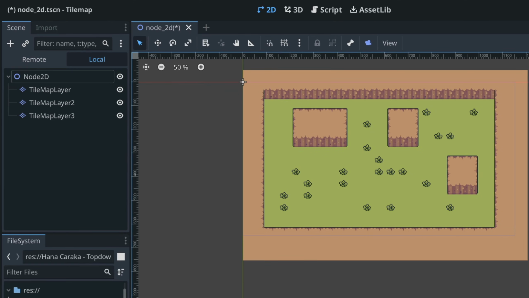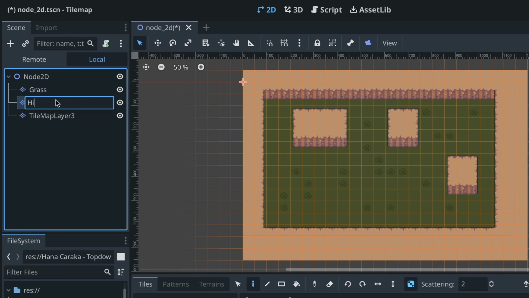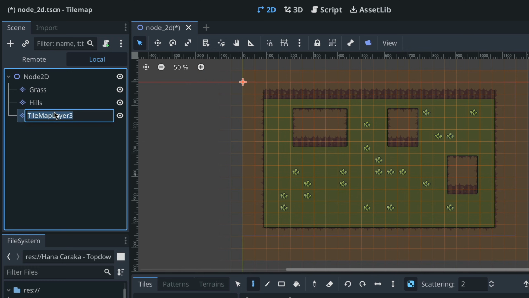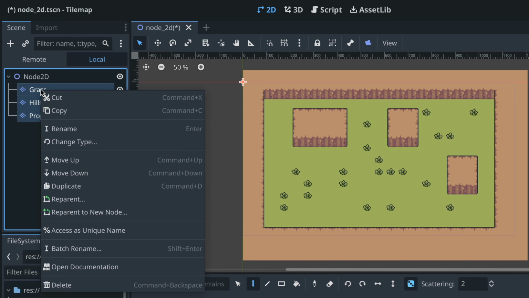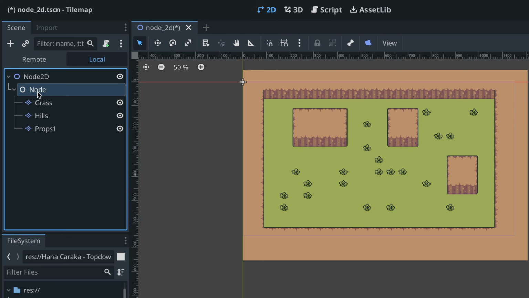First of all, I think it is important to clean up our nodes, so first I will name them grass, then we have hills, and finally let's call it props. Then I think it is important to reparent them to one node, so that we'll be able to easily manage the whole tile map, no matter how many layers it has. I can just select all of them using Shift, then right click and select reparent to new node. This node doesn't need to be TileMap or anything, just select a simple empty node. I will call it simply